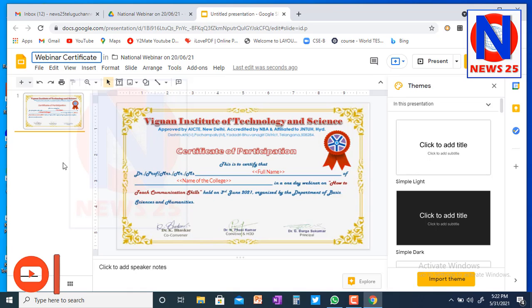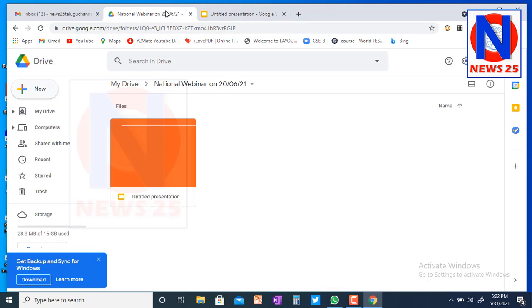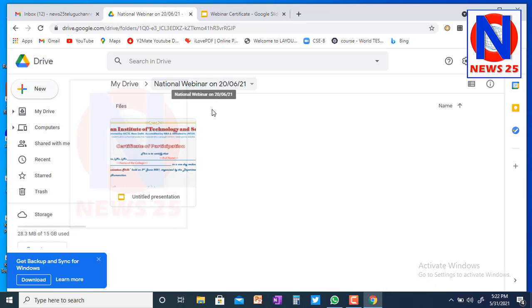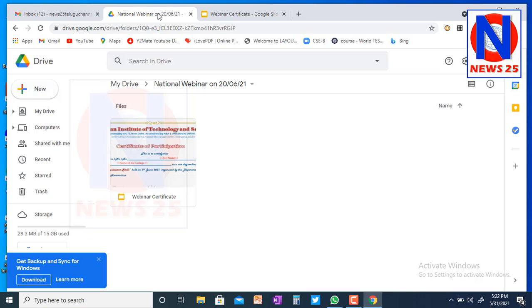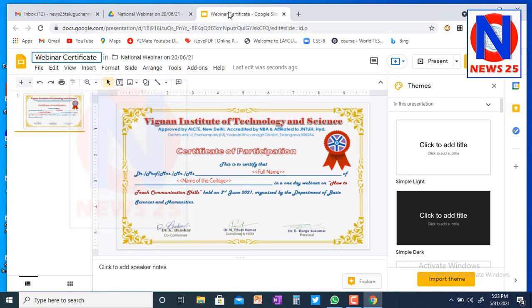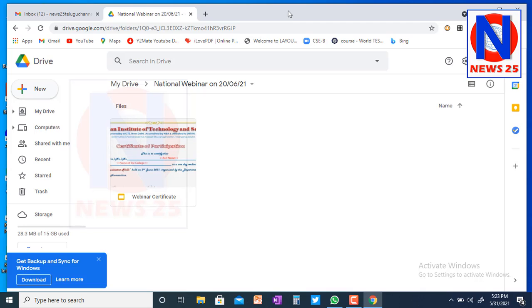So you can give it like this, webinar certificate, and it is going to save in the National Webinar on 2021 folder, which we already created in Google Drive. So this is the folder, right? Whatever we have saved here, automatically it will save. So in Google Drive it is saved like this. Once you check it, right? So let us close this one.